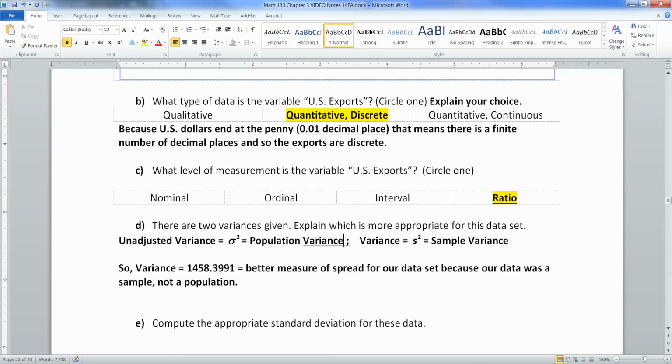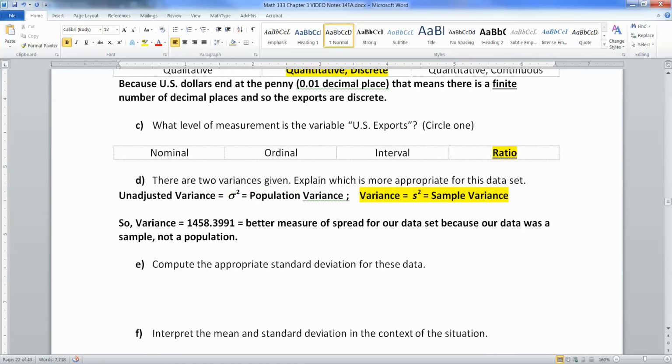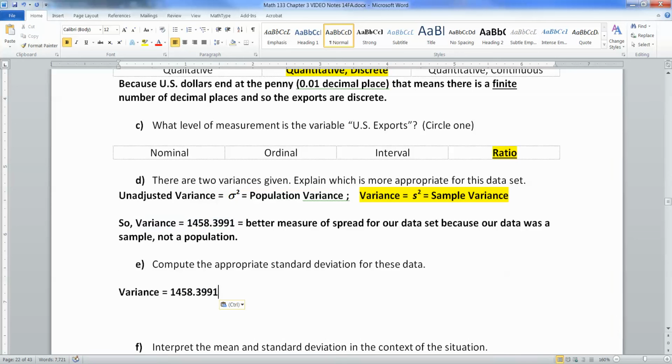Just to make that clear. So this is the one we want, right there. All right, now compute the standard deviation. Well, this is the variance, 1458.3991. So since we know the variance is that, and then we know that the standard deviation